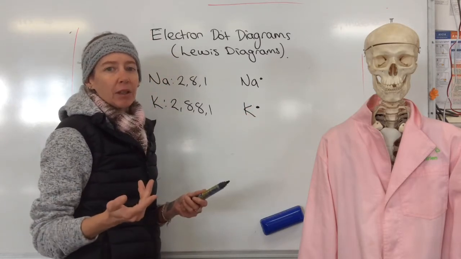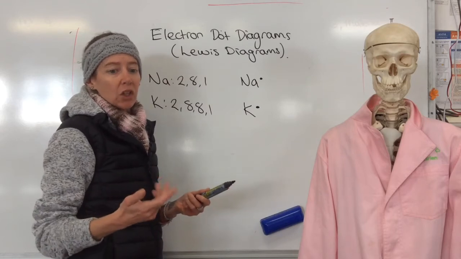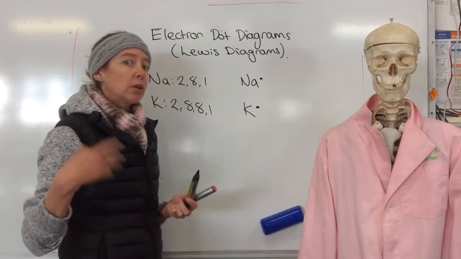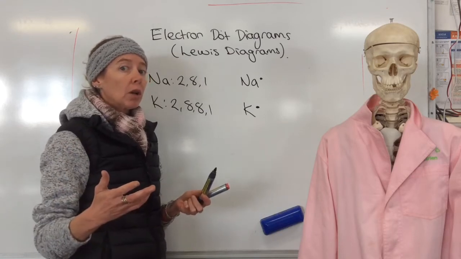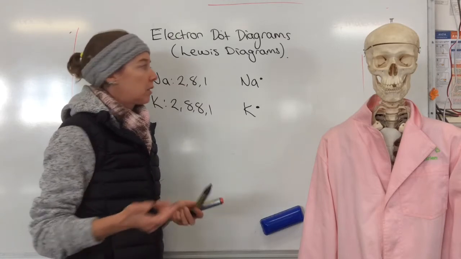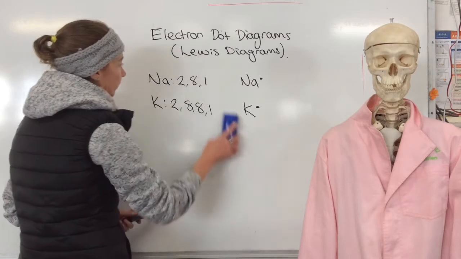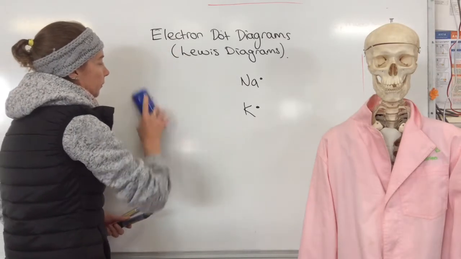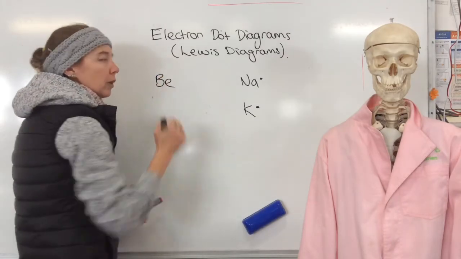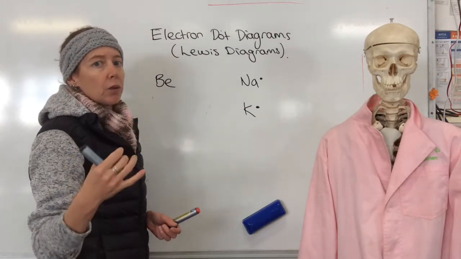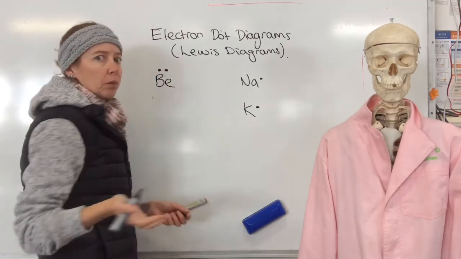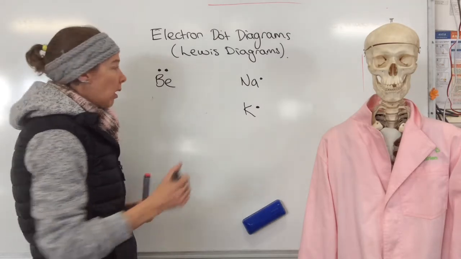it's exactly the same because it actually has only one electron in the outer shell, just like every other group 1 element. So if we looked at group 2, there would be 2 outer shell electrons or 2 valence electrons, so they're going to have 2 dots. So let's have a look at beryllium. Beryllium is 4, so it's going to have 2 in the first shell, 2 in the second shell. That's beryllium. Magnesium is 12,